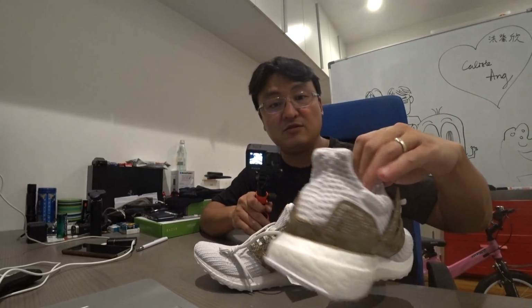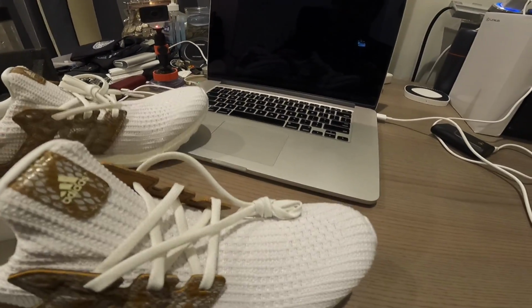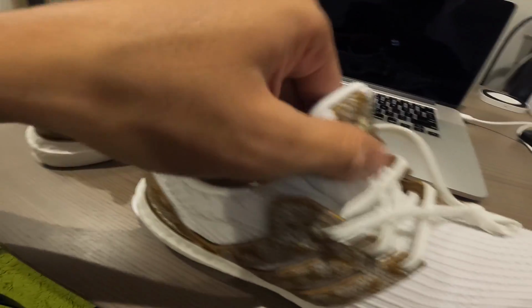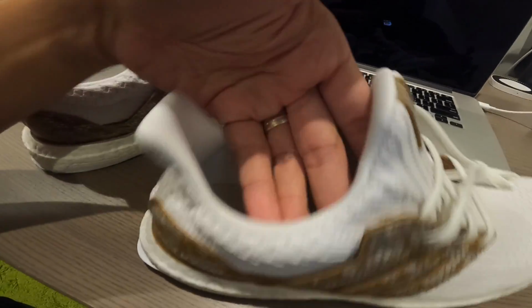Alright, the price of this pair of shoe ended up like below 300, or was it thereabouts? And then if I take this pair along with that other pair, the I don't know what 4D thingy, this pair ended up 190 ringgit. Yeah, it's actually, I don't even need to consider, you know, because look at this pair. It's proper. It's a pair of proper premium shoe from Adidas. Alright, it feels super comfortable, the materials, and this weaving pattern as well. I don't know what is this called, but you touch it, you know it's a super comfortable pair